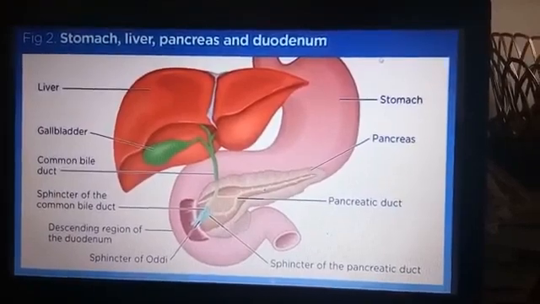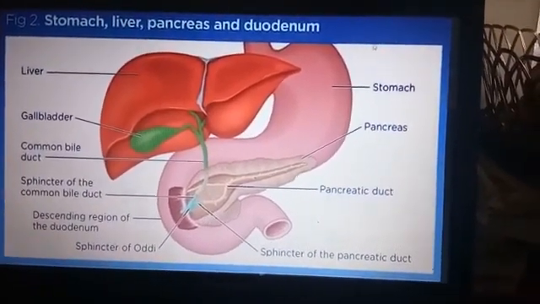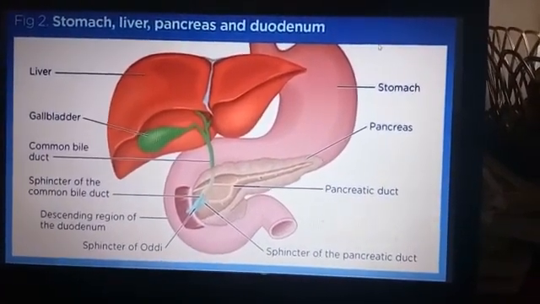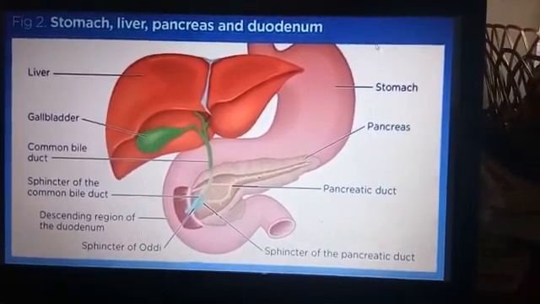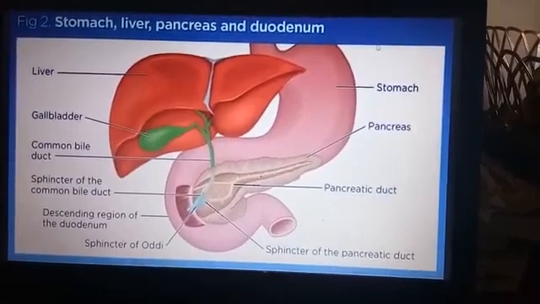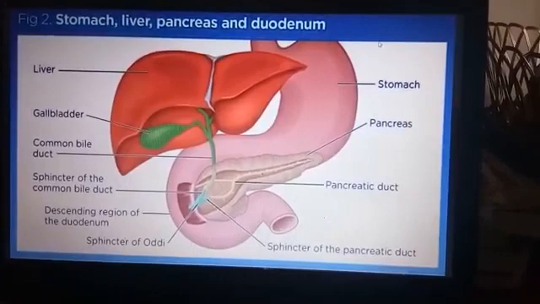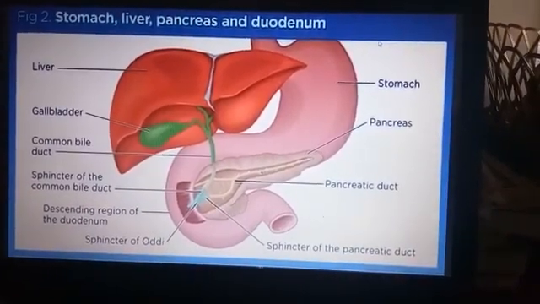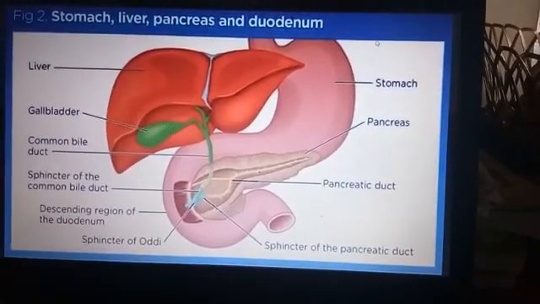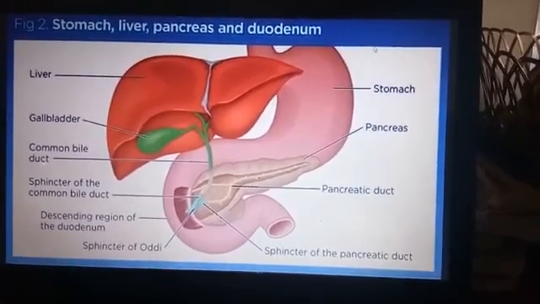That is because inside the pancreas we have two different kinds of cells. One will act as the exocrine part or the exocrine cells, and the other cells will act as endocrine cells. Since it has both the exocrine part and the endocrine cells which release hormones, we call it a heterocrine gland or mixed gland.